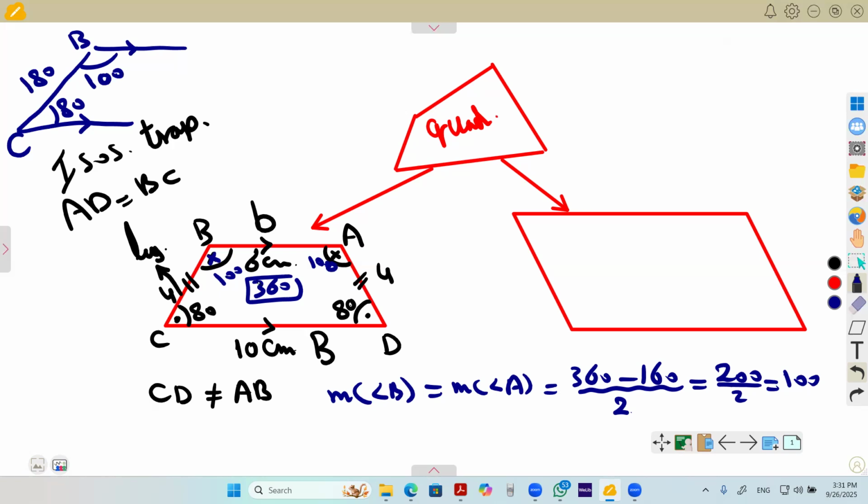Remember, the trapezium is a quadrilateral that has only two opposite sides parallel but not equal in length. That means CD is parallel to AB, but CD is not equal to AB in length, right? Okay. What about